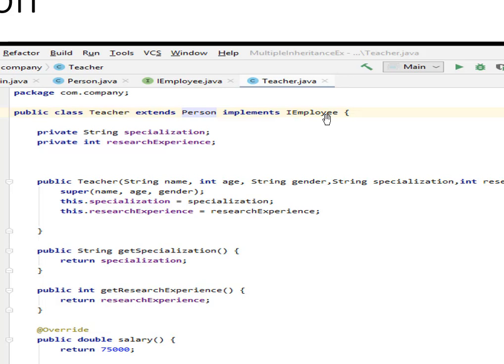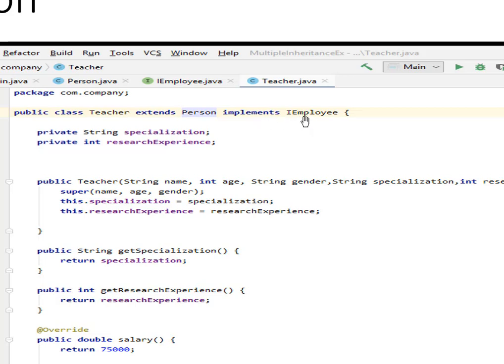So now it is a must for this particular class to implement all the methods which are available. In this case, only the salary method is available within this employee interface. So now, because I have implemented this interface, it is a must to implement or override all the methods, right? So just like I told you in the interface lecture, it is a contract.